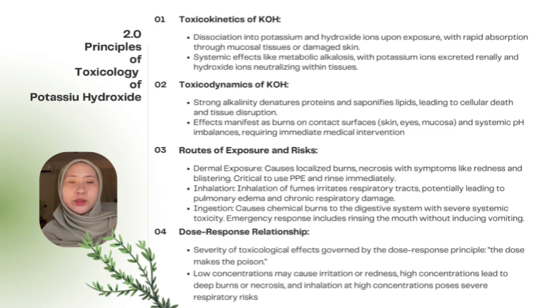Now let us move on to the next slide. The second slide: principles of toxicology of potassium hydroxide. Moving on to the toxicological aspect of potassium hydroxide, it is important to understand both its